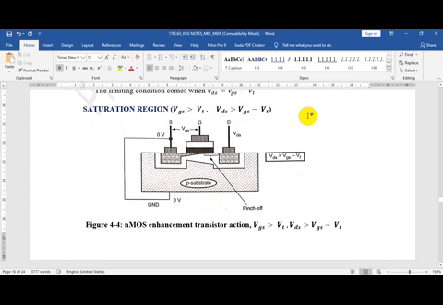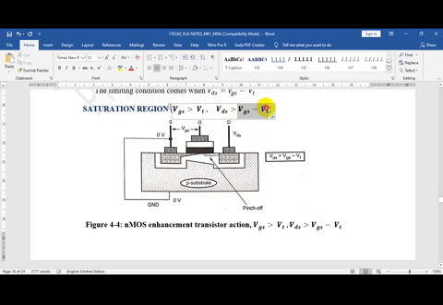One is the cutoff region, the other is the saturation region. In this region, your gate voltage is greater than the threshold voltage, but the drain to source voltage has been increased to a level that it is greater than